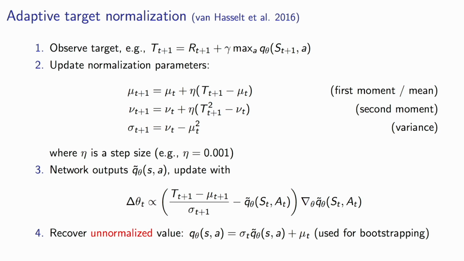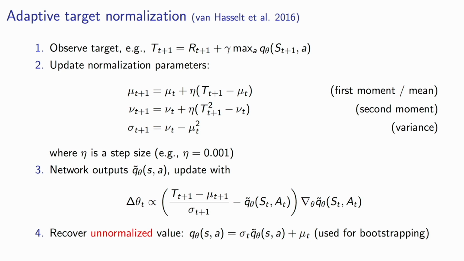It doesn't really matter what the targets are. One little thing to note here is that you can actually do this, and that's also what happens there. You can update your statistics before you even normalize your target. Which means that the very first time you see an extremely high reward, you can already correct for that before you do your updates, before breaking your network, before scrambling your weights in a sense.